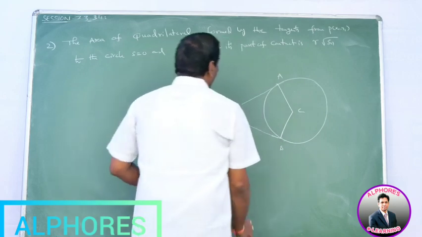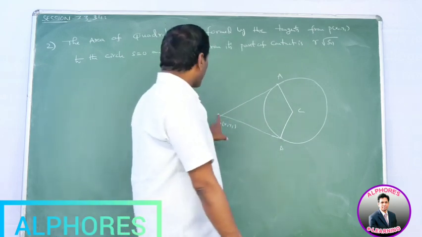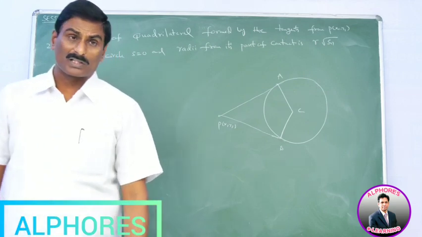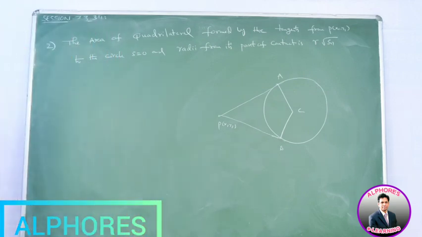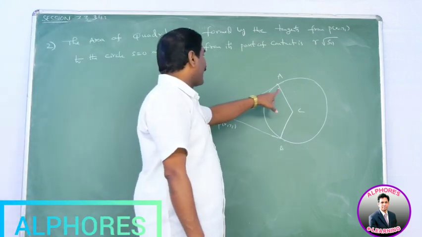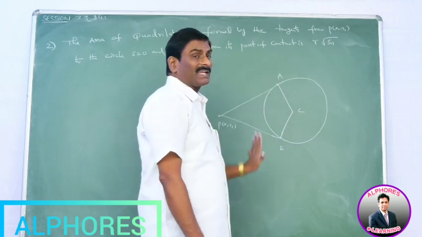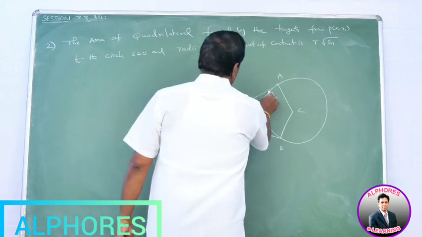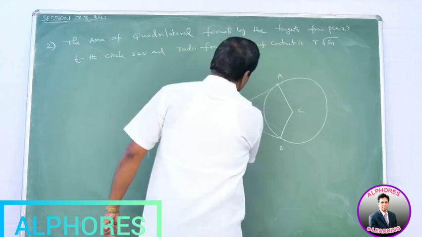Now we find the area of this quadrilateral. Quadrilateral PACB. This area is nothing but r into root s11. Please note this diagram. The area of the quadrilateral formed by the pair of tangents and the radii from its points of contact is r into root s11. This is the required area. Please shade this value.